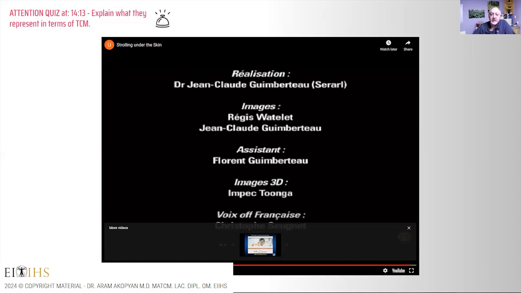It touches upon some key elements that I think clearly back up the claims and the hypotheses that we have been working on in the traditional Chinese medicine theories about